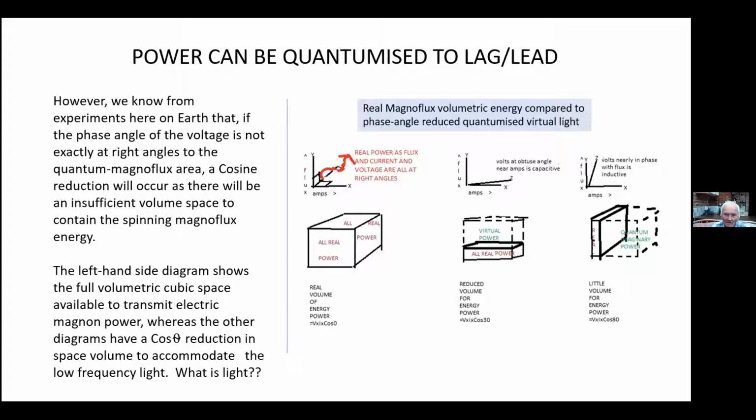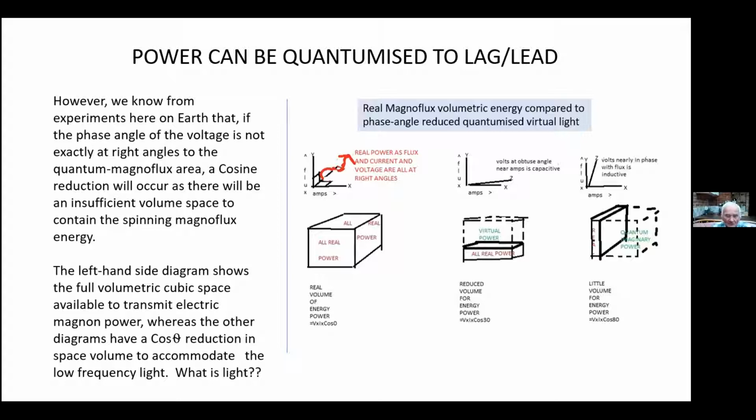Looking at the drawing, you can see on the left-hand side the full volumetric cubic space available to transmit the Magnon energy, which I've drawn as a square, and that can all move forward at the speed of light. But looking at the one in the middle and the one on the far right, you can see the diagram has a cosine reduction in this space volume to accommodate the low frequency light. So this then gives us